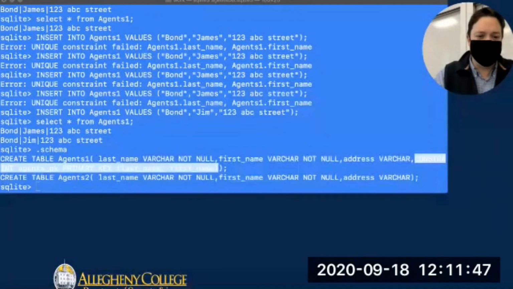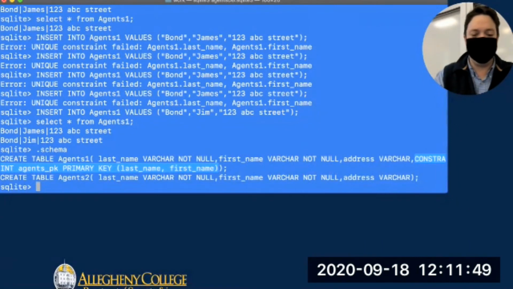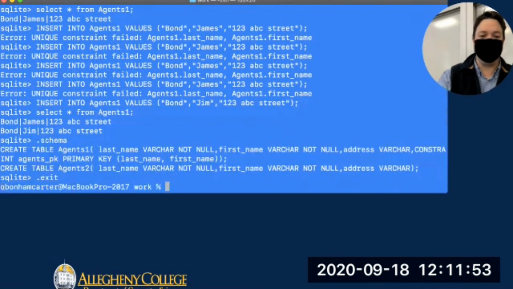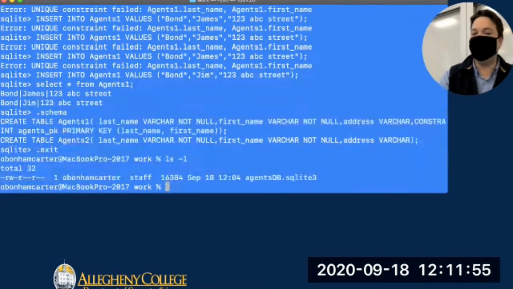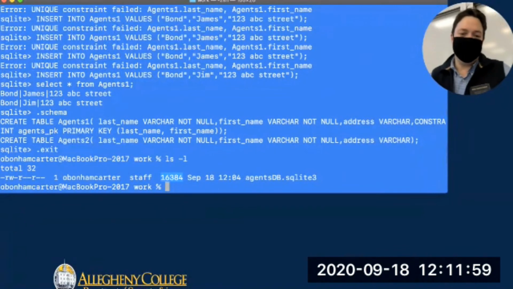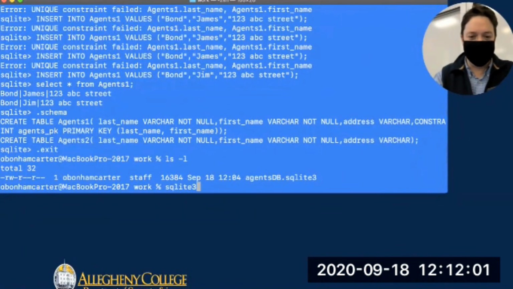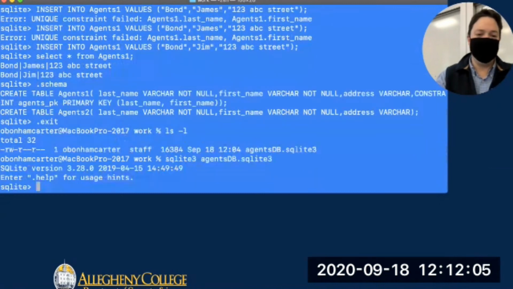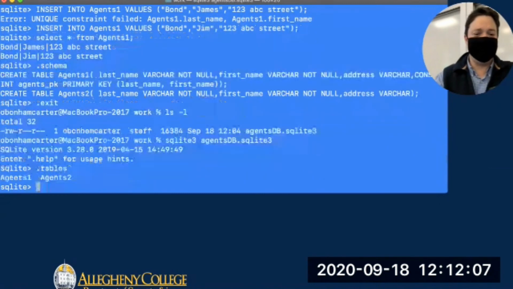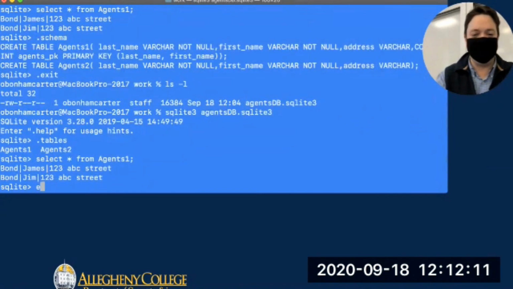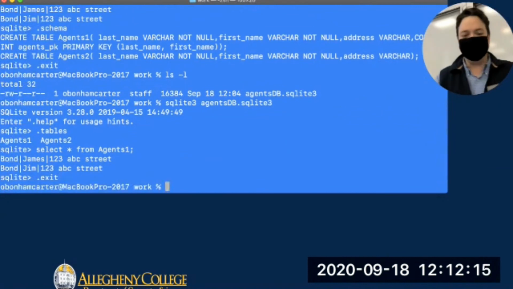new commands here. And by the way, exit your database: type in .exit, and then you're done. Everything is saved. You can see that your file is there. That's the work in my database. Just one more thing. If I go back to my database here and type in .tables, you'll see that everything is there. In fact, I even have my data still there too. And so that's why you want to type in .exit, so that it saves your work